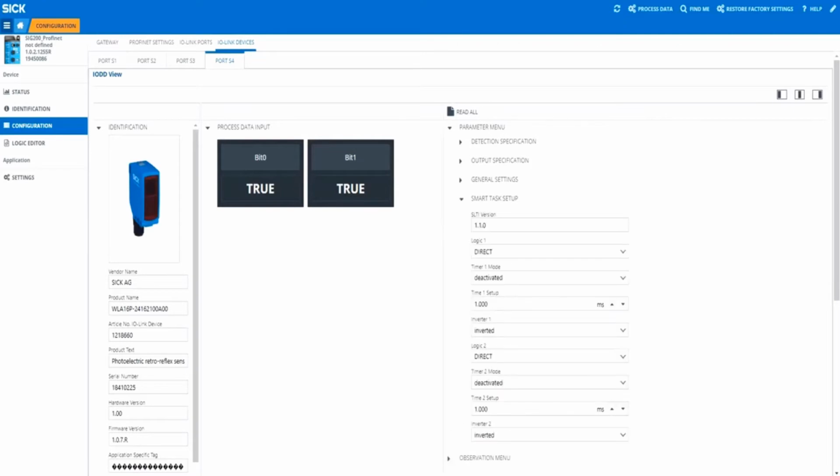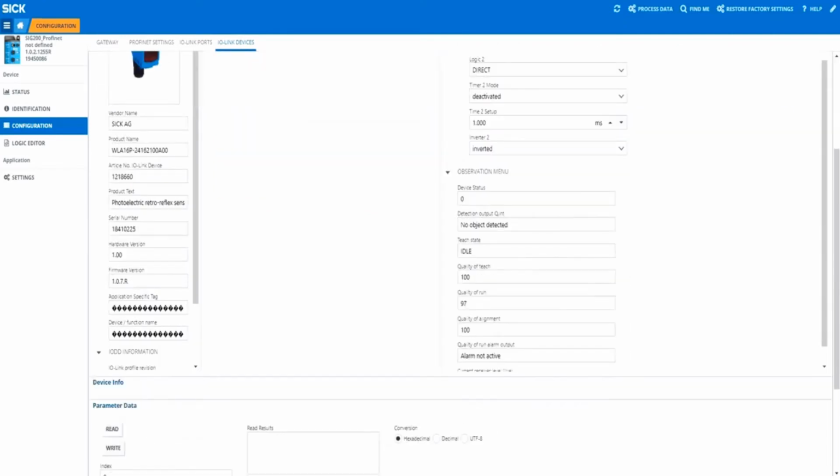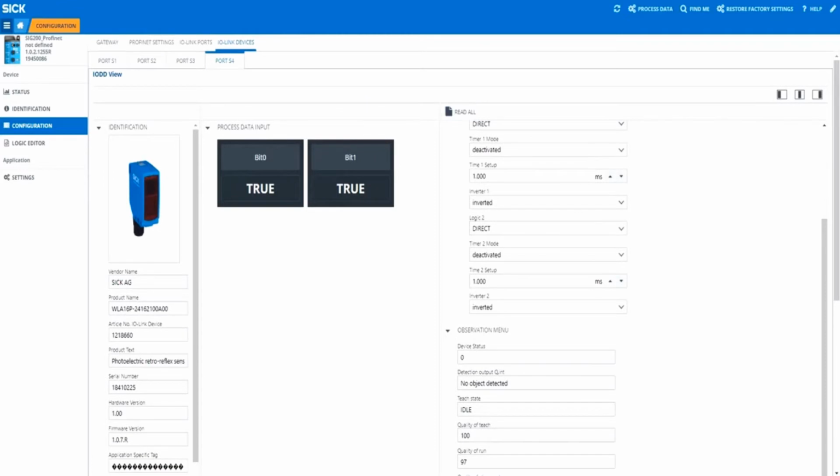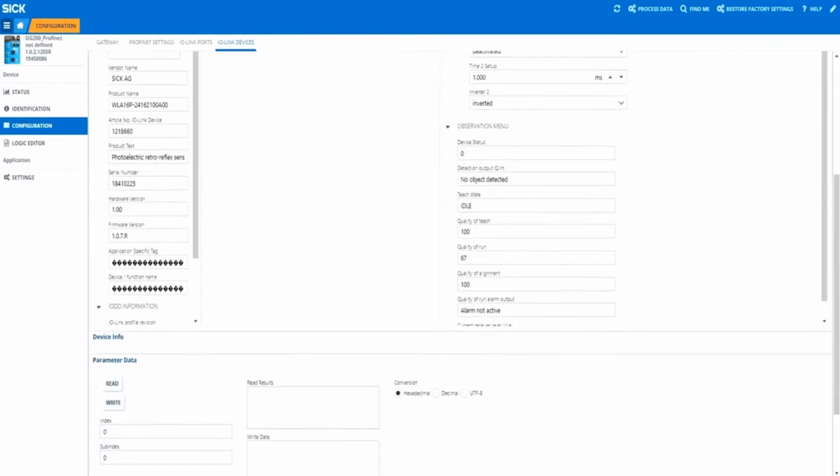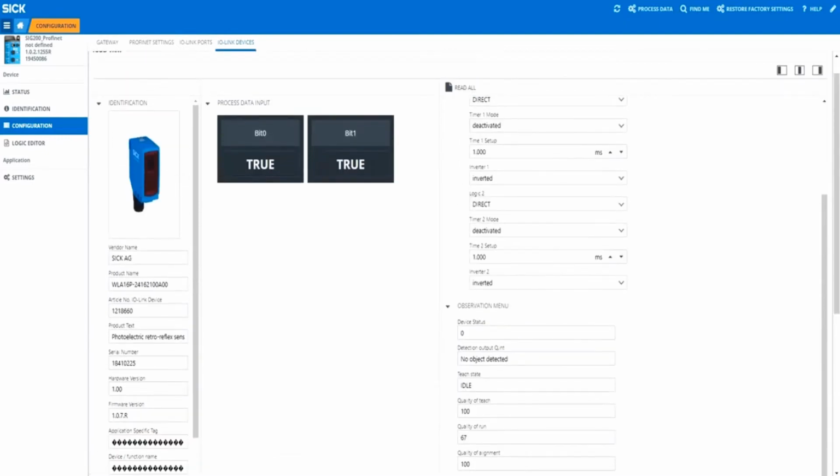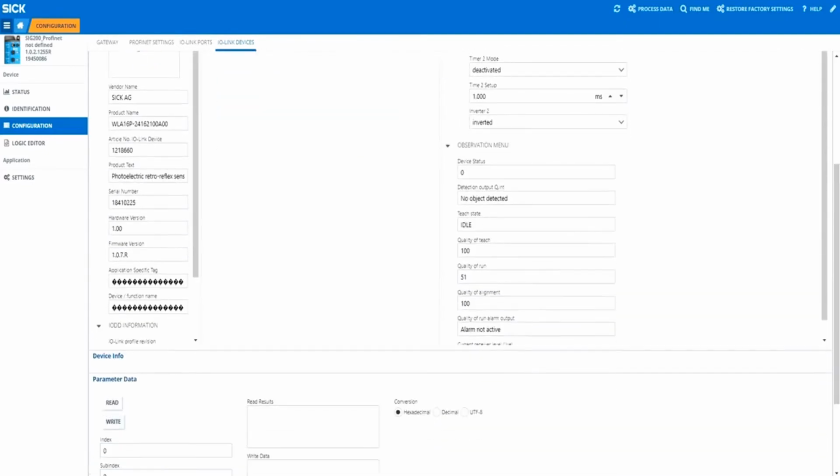So I'll bring those up now and then we'll be able to show you what they are. So you can see here the quality of run and the quality of alignment, and if we need to see that information we can easily bring that out. So what I'm going to do is pop a plastic sheet in front of the reflector, and if I quickly scroll back up and read all the device information again, you can see that the quality of run has dropped down to 67 here. Okay, and we'll do that again. I think it will have dropped down a little more, and down to 51. Now if I remove the plastic and allow that to come back up,